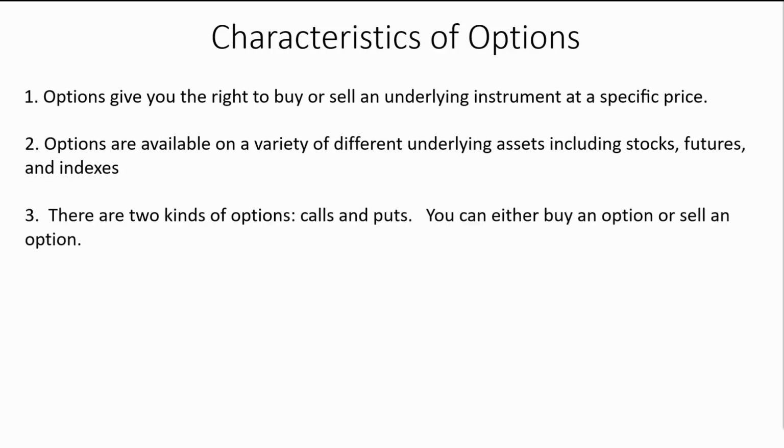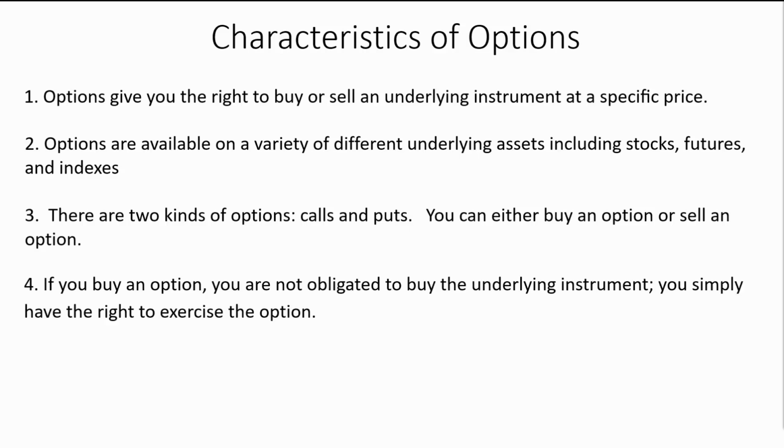Third point is there are really two kinds of options. I'm sure this goes without saying. There are calls and puts. And you can either buy an option or you can sell an option. Some newer traders have a hard time getting their head around being able to sell an option without owning something. We're so conditioned to owning something, buying something. That's the easy part. But selling something I don't own, that's kind of strange. But in the option space, you can do that. You can take either side of the trade, be it bullish or bearish, neutral, whatever your bias is. But you can either buy or sell an option.